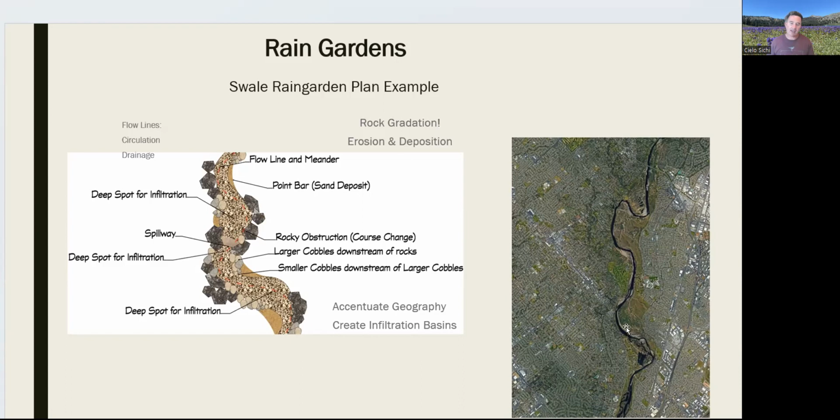So this is just an aerial shot of the American River, and we see how this twists and turns. But when we're considering creating a swaled rain garden and we want it to look really natural, we want to take this into account. So we've got flow line gravel that comes through, and you can see here that some larger rocks were placed. And essentially, if water were to flow through here in a river setting or a high flow situation,